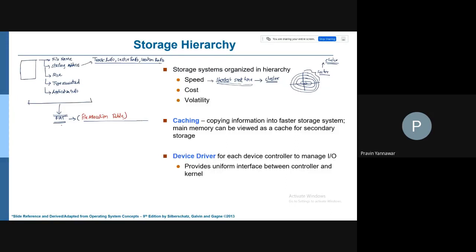This is the primary source for seeking any information present on the disk from secondary storage. If you want to access certain data from the disk and determine the speed, this plays an important role. From this file allocation table, with every name you get a starting address. This starting address contains track information, sector information, and location information, which is really important